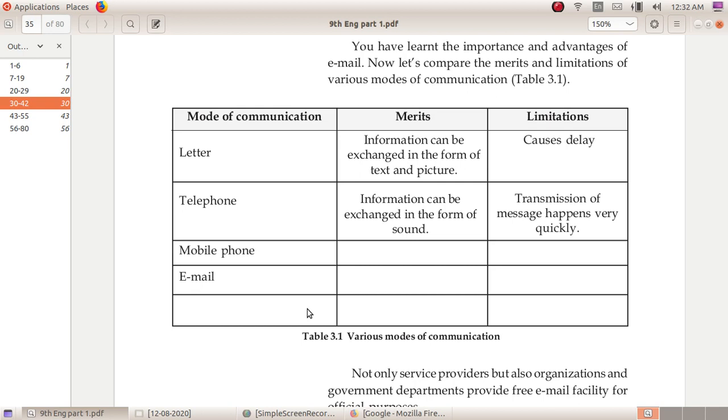That's one of the important merits of a mobile phone. Like a mobile phone, with email we can also transfer information in the form of sound, video, and text.